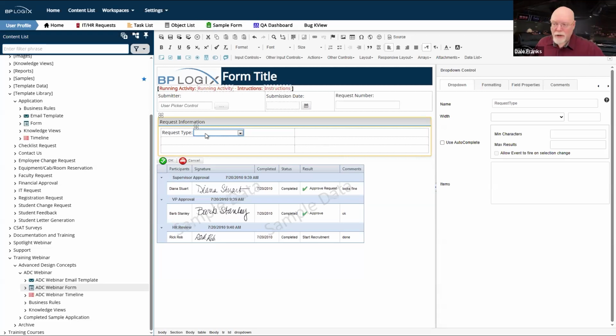So it's 11:54. We're going to stop here, because we're now about to get into a whole can of worms about best practices around drop-down controls, and we just don't have time to do it. So this is where we're going to take a stop for episode 1 of Advanced Design Concepts. Next week, we're going to start with that drop-down control, and we're going to start building it out. We're also going to add some other controls.